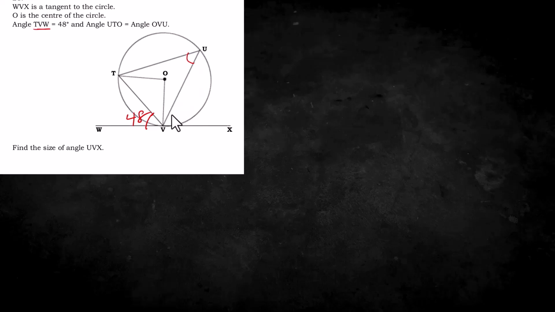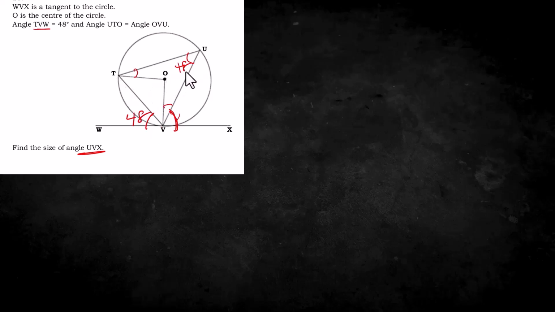Okay, and this side is equal to this side. The question says UT is the same as OV, so it means this side is the same as this side. All right, so find UVX. UVX, so we want this side. Now this side is 48, and if this side is 48, we know